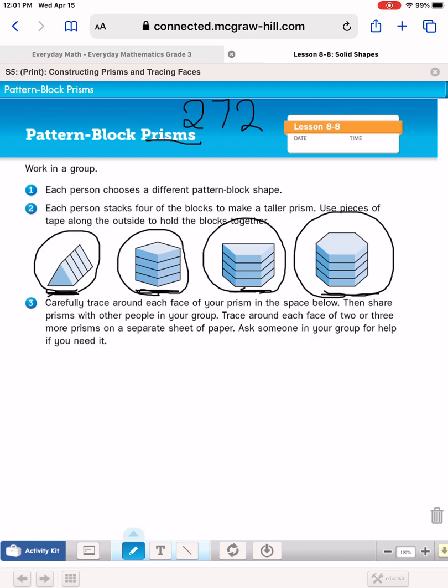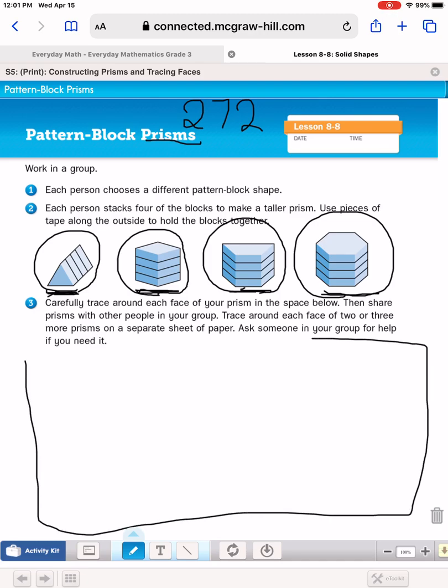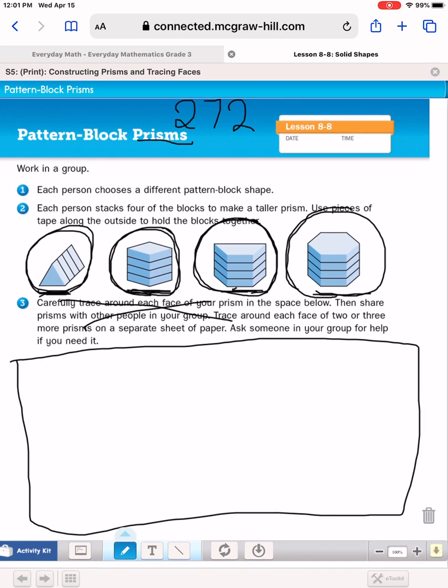All right, I'm going to change the directions a little bit on this page. Down here on the bottom part of this page, I don't want you to do what it's asking you to do. Instead, what I'd like you to do is describe what you notice about each of these prisms. And what I mean by that is tell me how many bases and what shape they are. Tell me how many faces there are, how many edges there are, and how many vertices there are for each of them. If you run out of space, you could write it on a separate sheet of paper, but I want you to do your best using the words